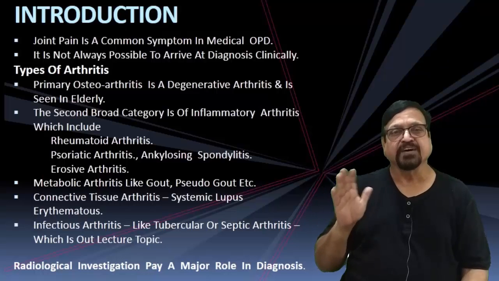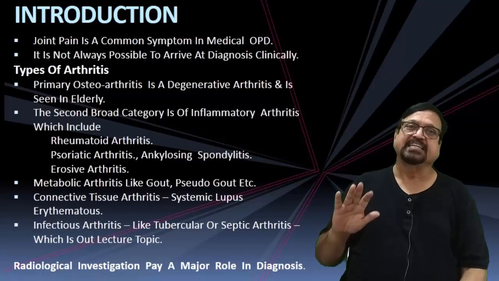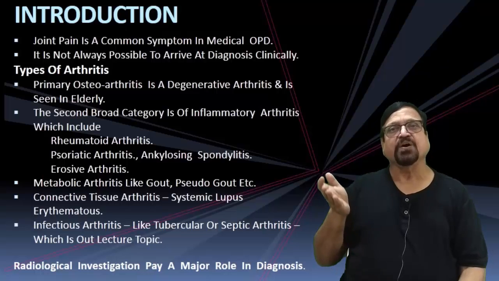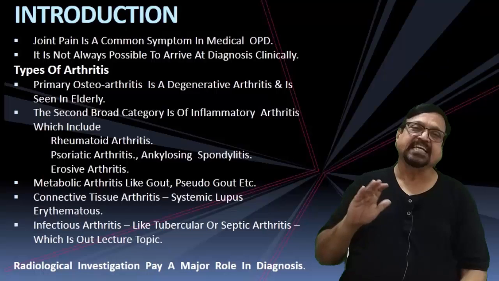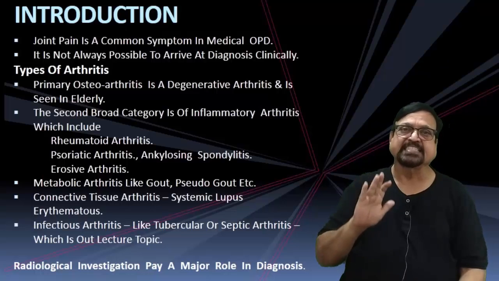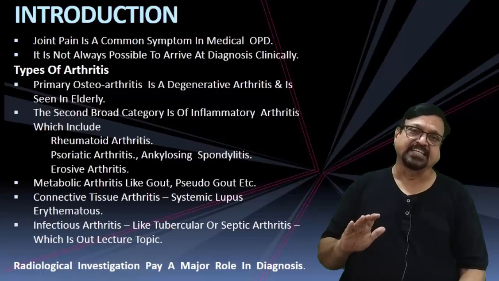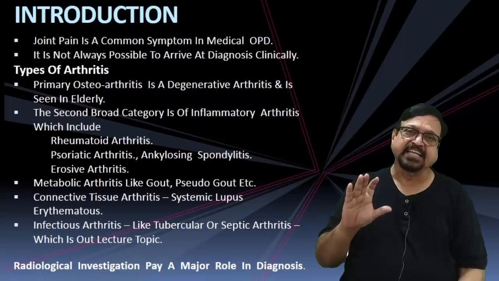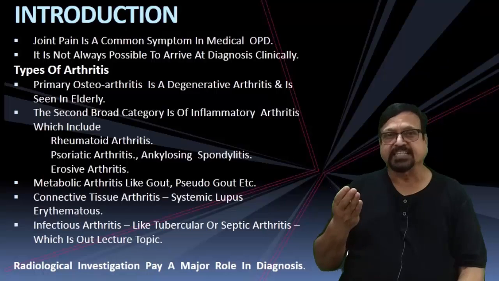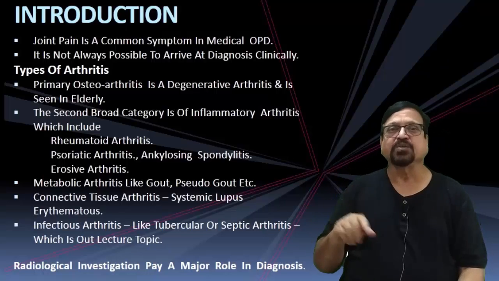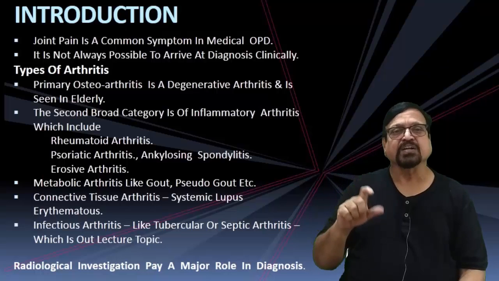Now, let us see first what are the types of arthritis. Types of arthritis include primary osteoarthritis. It is a degenerative osteoarthritis that is seen in the elderly. Then there is the secondary broad category of inflammatory arthritis. Now all these inflammatory arthritis, which include rheumatoid arthritis, psoriatic arthritis, ankylosing spondylitis, erosive arthritis, are going to be covered